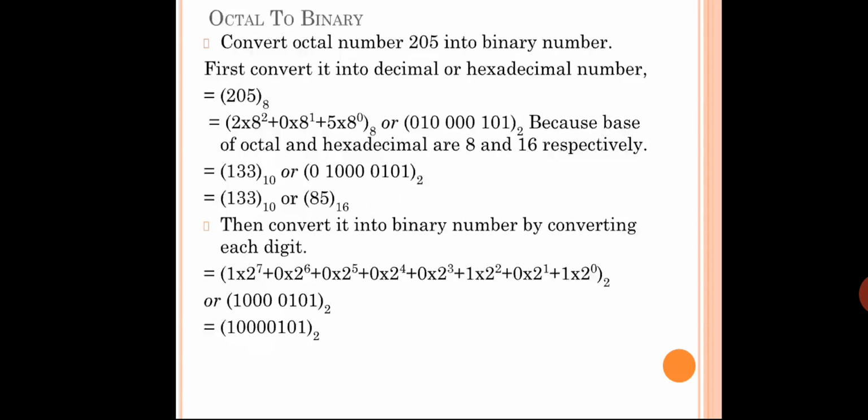Once you get that binary value or hexadecimal value, convert it to binary. Again, that is the reverse engineering process. Earlier you went from binary to octal and binary to hexadecimal. Now you are coming in the reverse direction. So now you are converting that actual number to binary. How are you going to convert that number to binary? Again, you can go for position value, or you can divide 133 by 2 until you get the actual binary bits. 133 by 2, you are going to get one remainder.